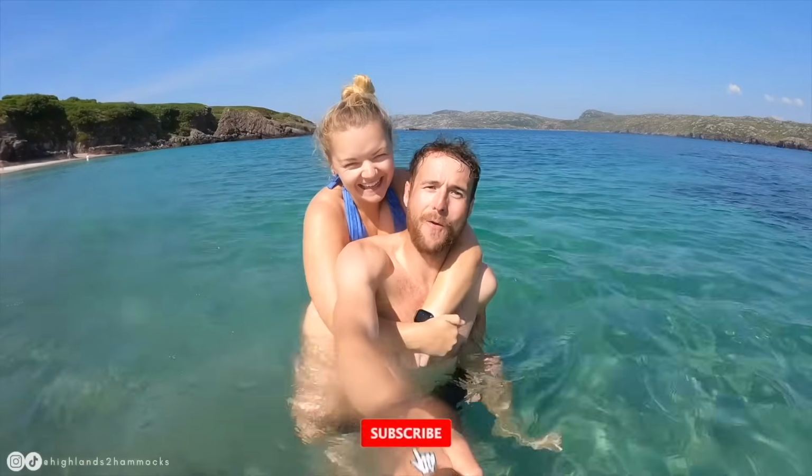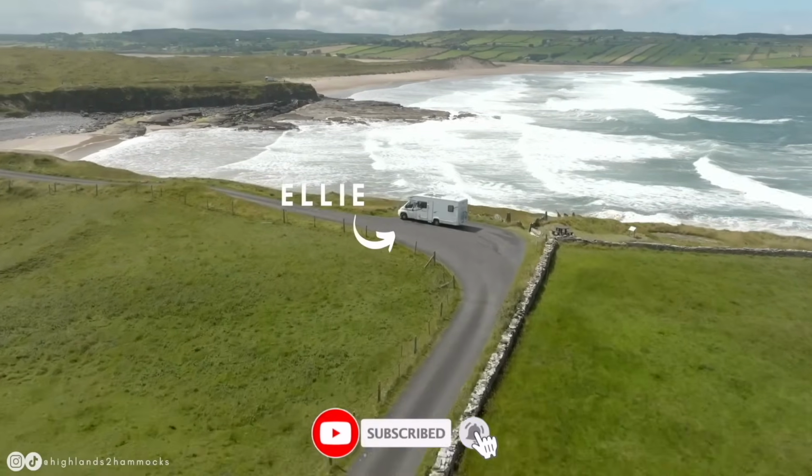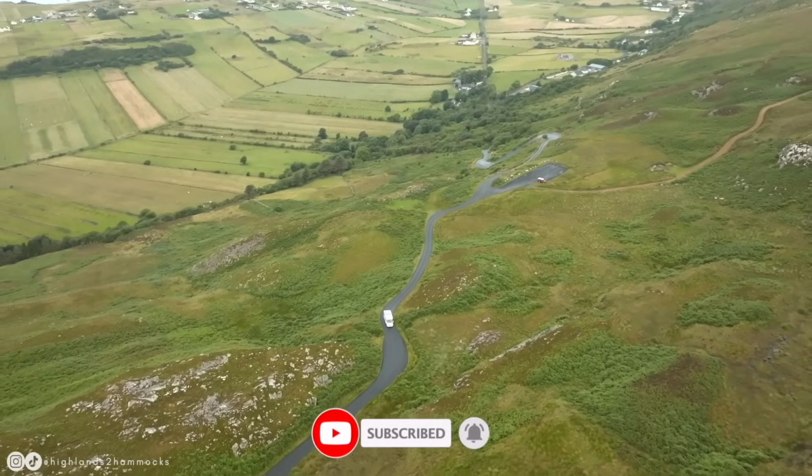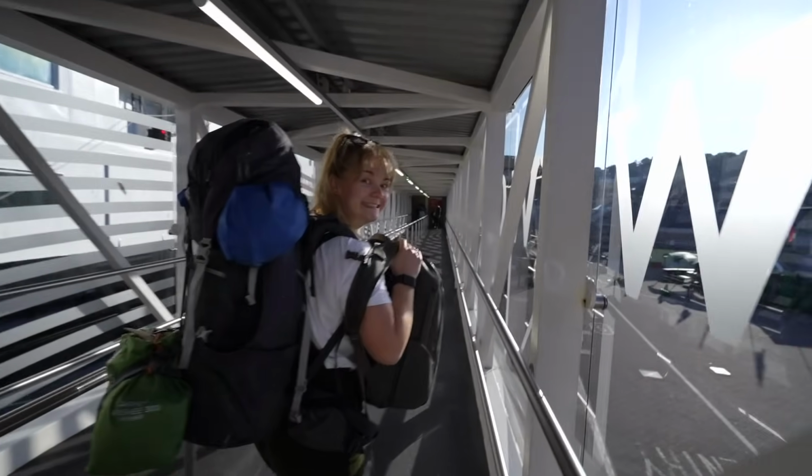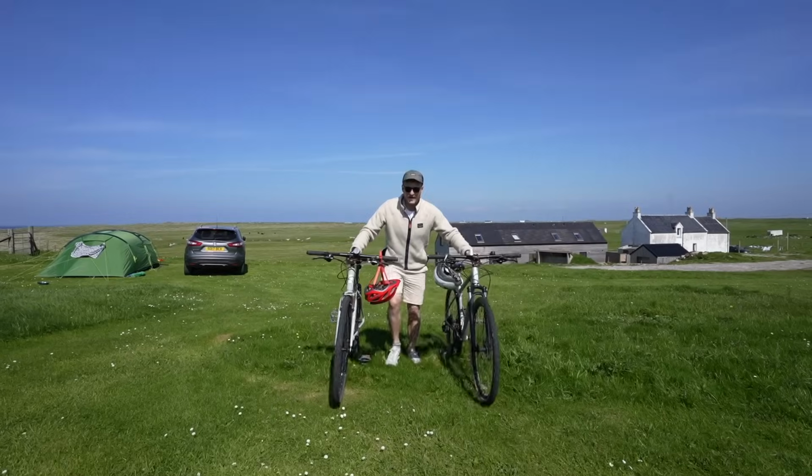Hi, we are Gemma and Campbell, and this is our motorhome, Ellie the Elddis. Usually you'll find us travelling around in this washing machine on wheels, however sadly right now she's a little under the weather. Instead this week you can join us as we go back to the basics and explore one of